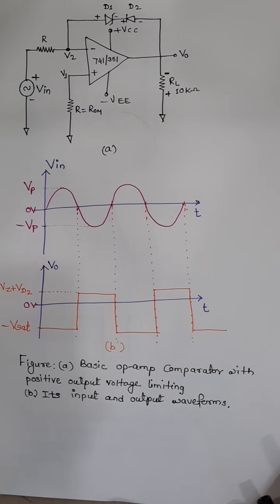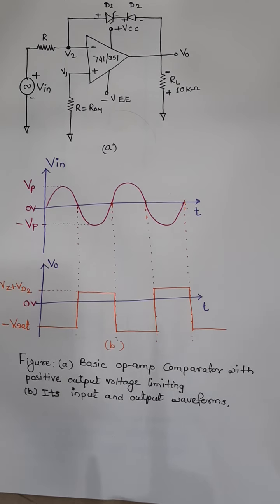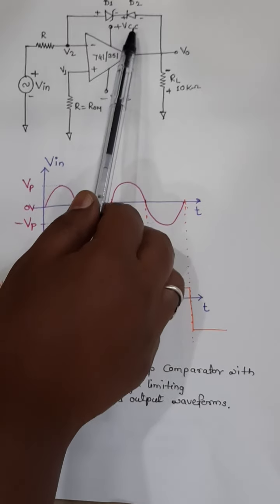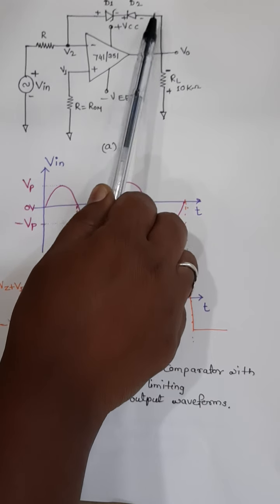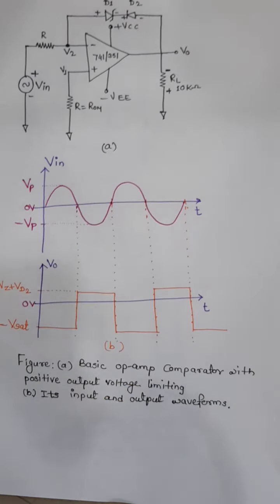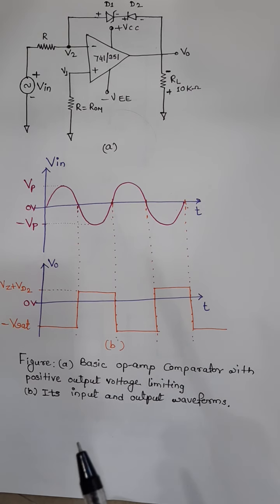So this is nothing but another combination that we can make when we want to limit the output in the positive swing. Okay. So the same circuit we have used, only we have changed the diodes. That is, D1 is again a Zener diode, only D2, which was initially a Zener diode, has been replaced by a simple rectifier diode D2. So how will this limit the output which is positive, or we want to limit the positive output